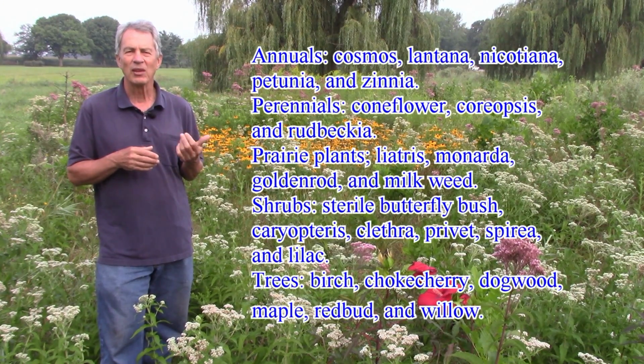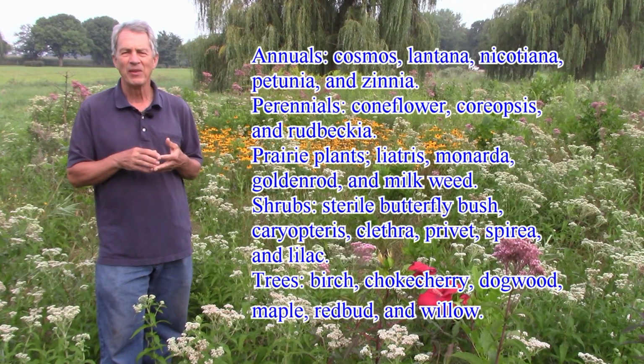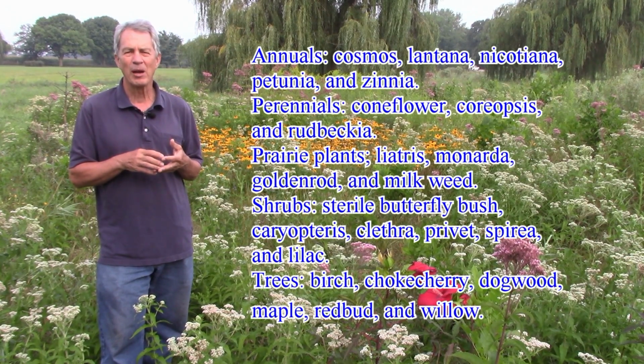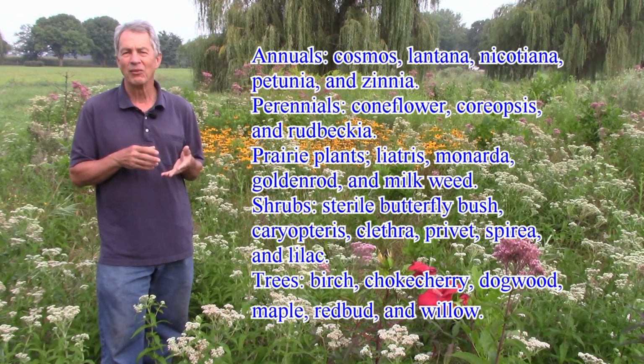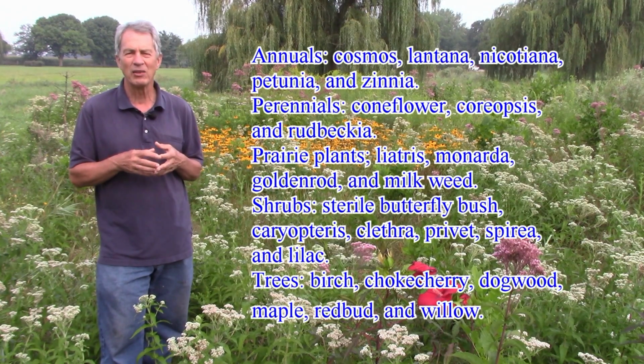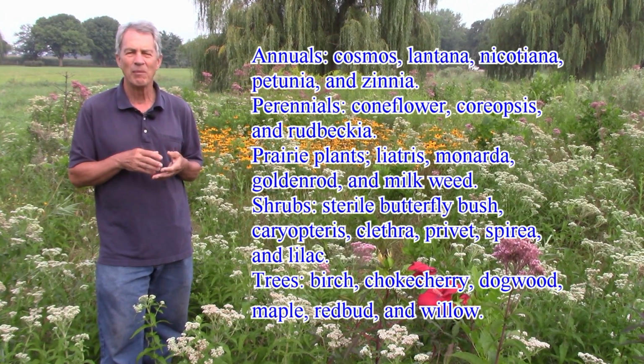And here's a list of plants that help attract adult butterflies: annuals, cosmos, lantana, nicotiana, petunia, and zinnia; perennials, coneflower, coreopsis, and rudbeckia; prairie plants, liatris, monarda, goldenrod, and milkweed; shrubs, the sterile butterfly bush, Buddleia davidii; caryopteris, clethra, privet, spirea, and lilac; trees, birch, chokecherry, dogwood, maple,